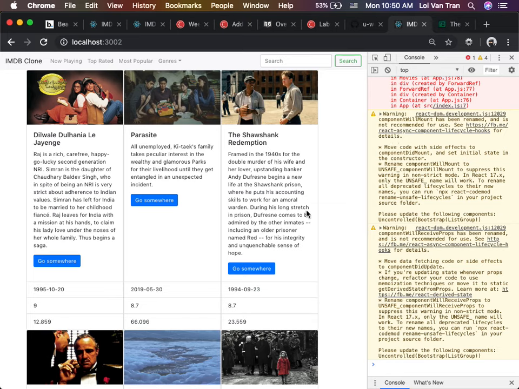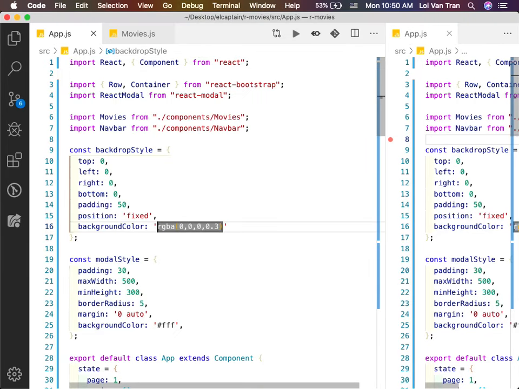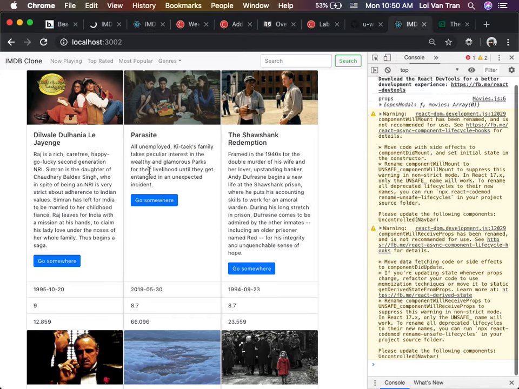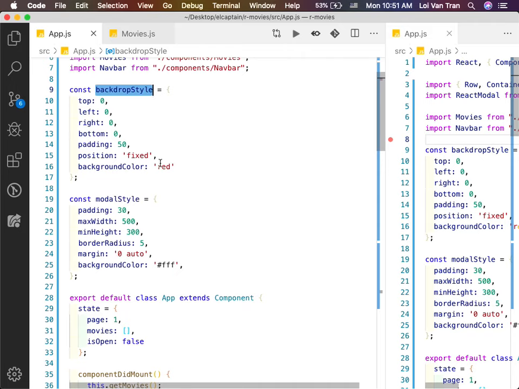Okay, I want you guys to think of this, right? Modals, I'm sorry if I was not explicit enough in saying this. Modals will cover the entire screen. They cover the entire screen, and they can listen to any event a user clicks. So the modal is always there. So we need to give it a background. We can make this wider. So one is the backdrop style. The other one is the actual modal's width. Okay, so we're gonna change the background.